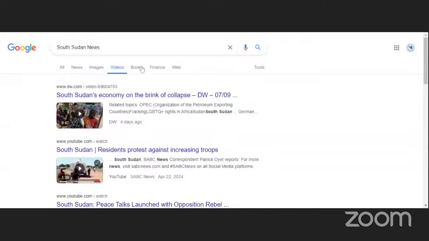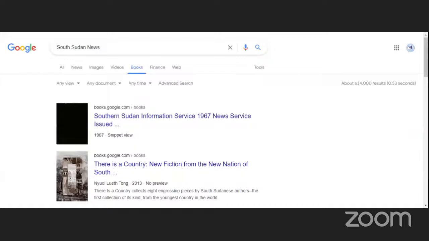The next one is books. Let's say your search term was meant to get you a book, then this is what you would do. You would go to books, and then you would type